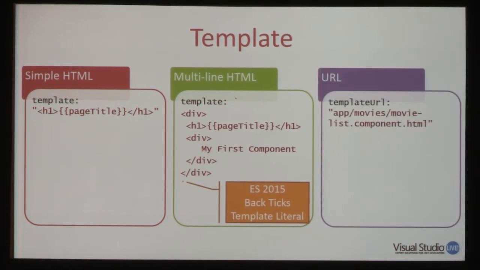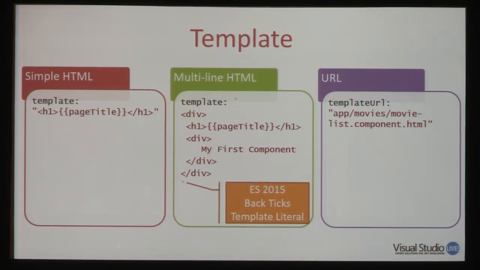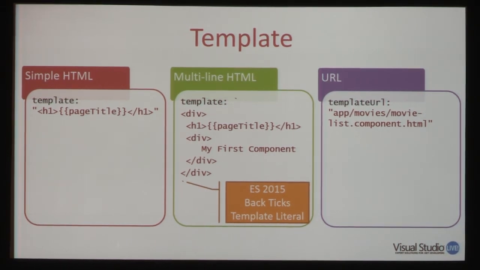But the third option that you frequently want to do for any page of any size is you want to use templateUrl instead of template and specify a URL to an HTML fragment that defines what the page should look like. Okay, so that's what we're going to do for our movie list. Also notice the naming convention here. So I'm going to be calling my movie list component movie-list.component.ts. So the template is movie-list.component.html. So it keeps the two of them visually together so that you can very easily find both of them. And again, that's in John's style guide.